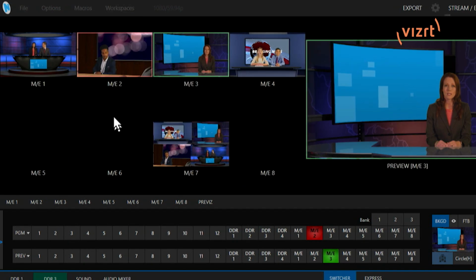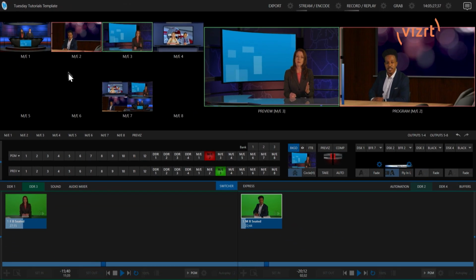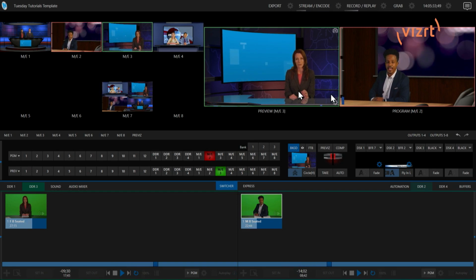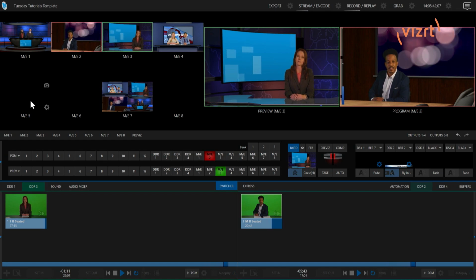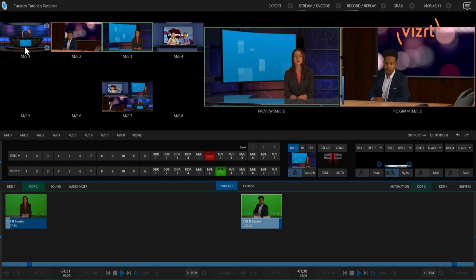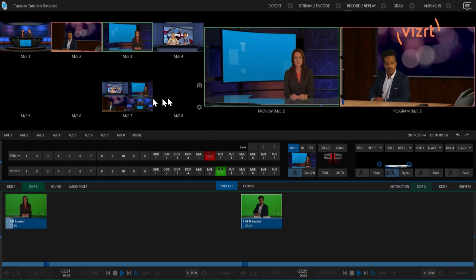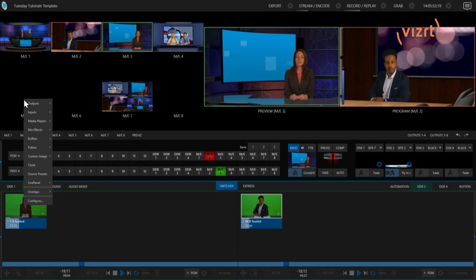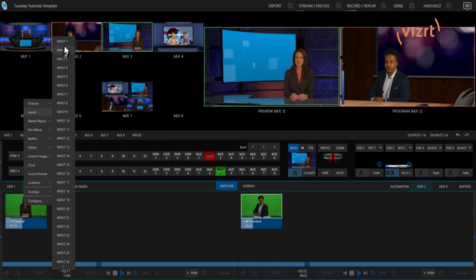All right, sweet. Okay, so this particular layout is going to be for mix effects, and it basically is 8 over here on the left, and then 2 over here on the right as far as your screen layout is concerned. So let's go through here, and I'm going to change some stuff around. So let's say that I want to keep my mix effects up here at the top. They're just these mix effects 1, 2, 3, and 4, but then I want to have different sources here at the bottom. So I'll go through on mix effect 5 here, and I'll select input number 1,